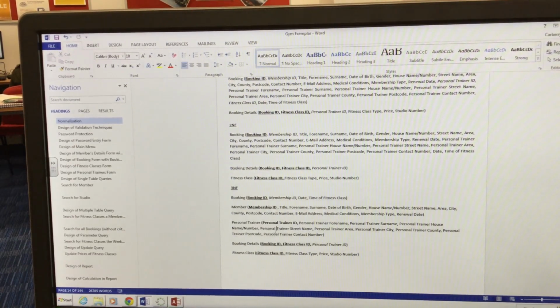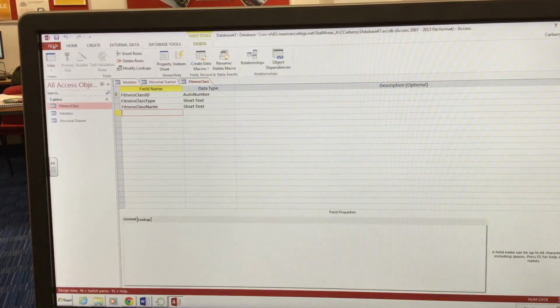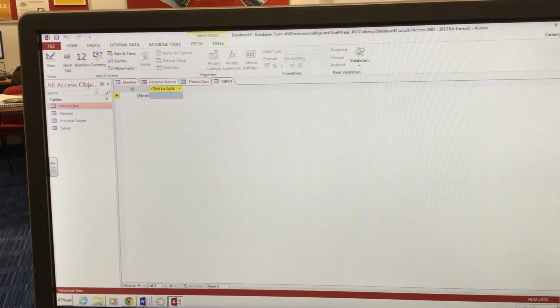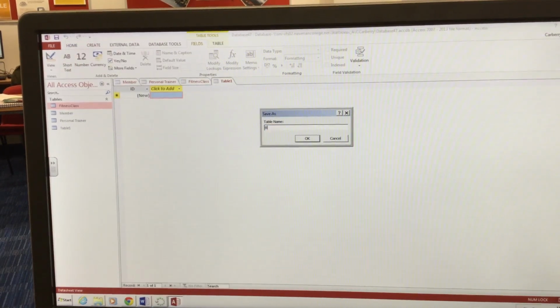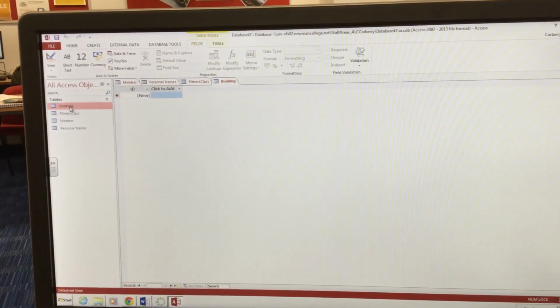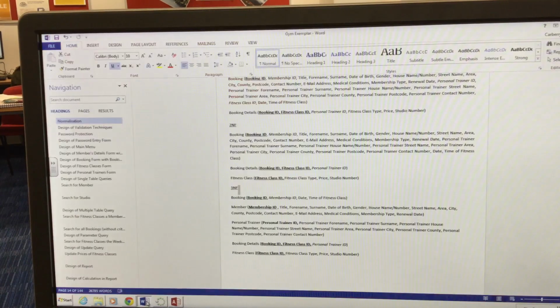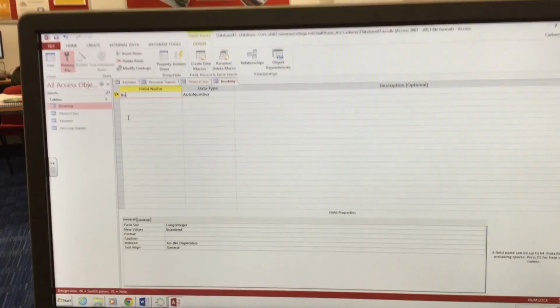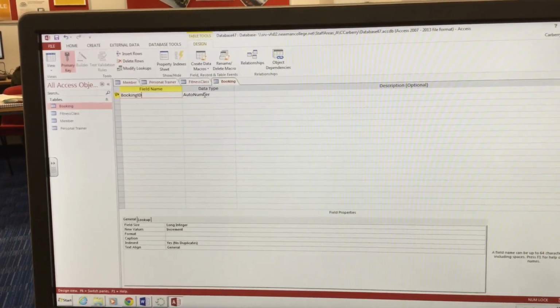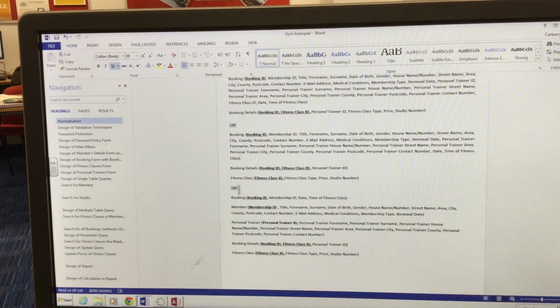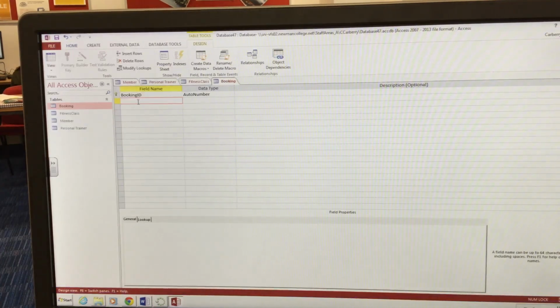So now I'm going to create my booking details, which should be done slightly differently. Let's do my booking table first. In here, again, create table, click save, and then we call this booking table. Now in my booking table I have a booking ID, which is fair enough. Change that to booking ID, leave it as auto number. I also have membership ID. I could type that in there,